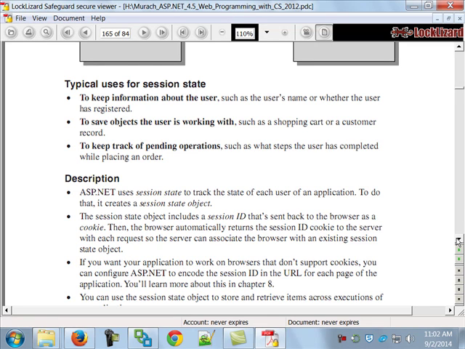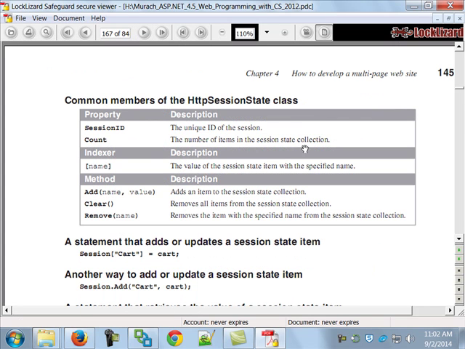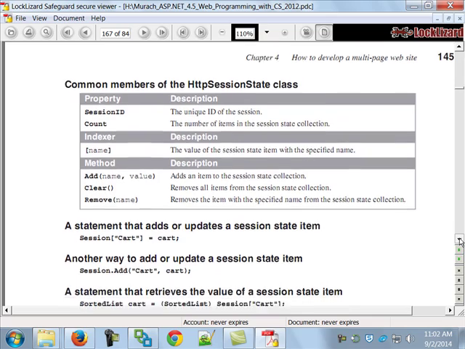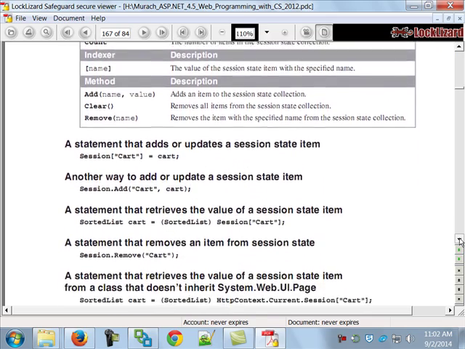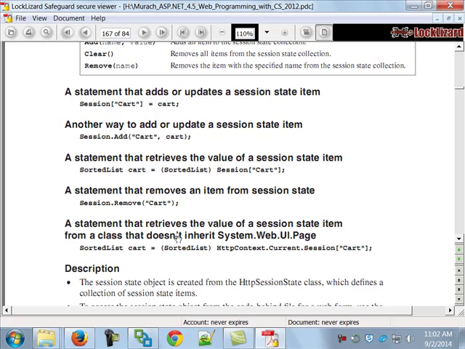Now that's it, but the last thing I want to tell you is, if you say that doesn't make sense, I think it does more than you think. Because on 145 they show you this. There's not a lot in it, but they show you how you can update a session item. So you can grab something that's in a local class that's called cart and copy it to your session variable called cart. And you can remove things from session. You can do a lot of work with sessions, but last thing I'll tell you is